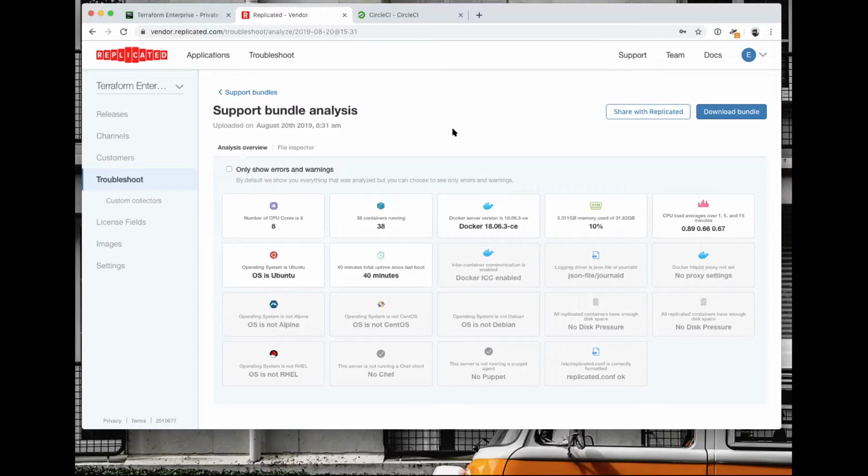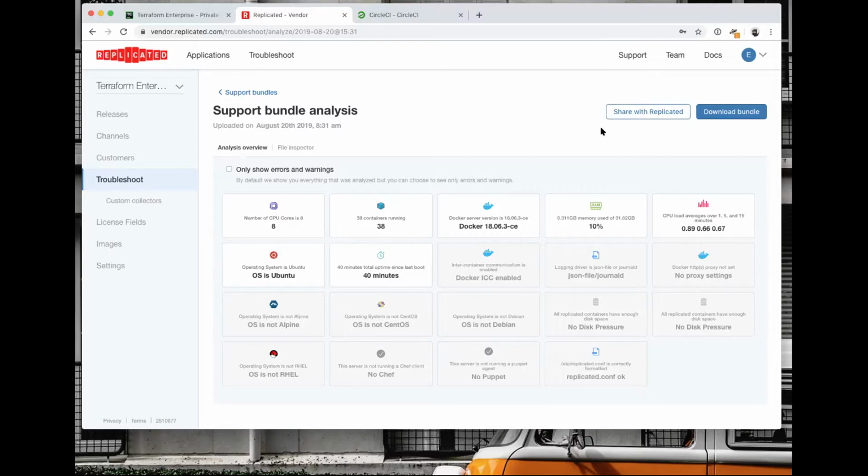So if some customer has an issue, they generate a support bundle and send it to you, and then you see this other option too, which is share with Replicated. If you need to escalate something up to us as tier 2 support, this is just an option. This will put it into our account, and then we can help you, but it's totally up to you. You don't have to share it with us at any point.